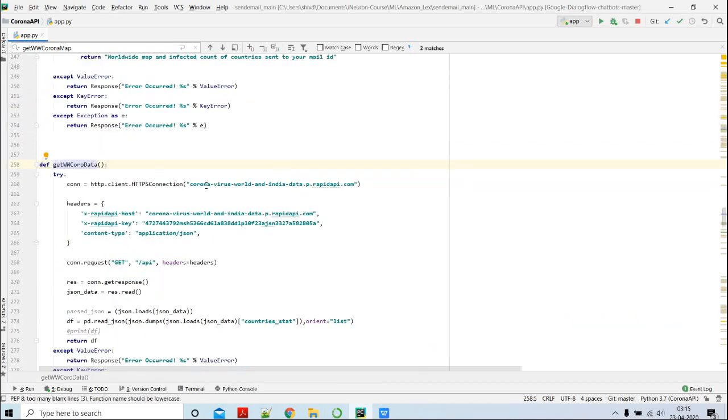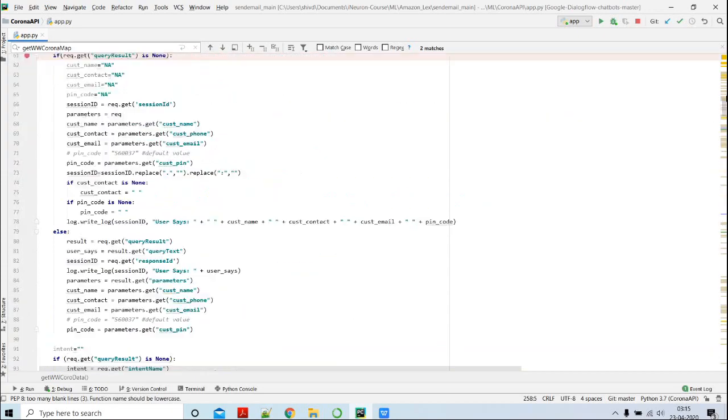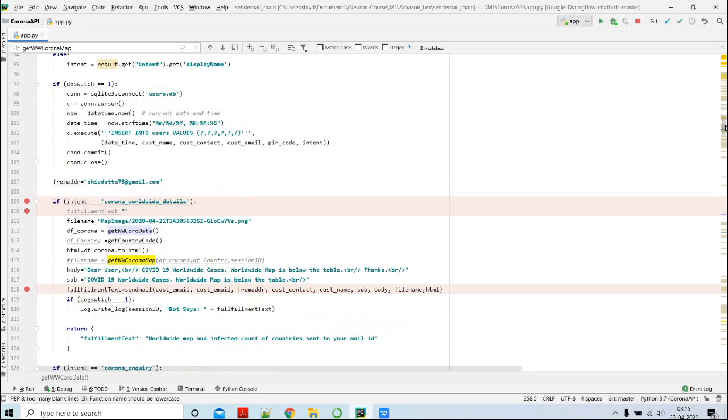The worldwide data I am getting from the RapidAPI third-party API in the form of a JSON, and thereafter I am also getting the country code, because to plot things on a map I need the ISO country code, which is not there in this particular data. So I need to merge the two data frames and come out with the COVID data along with the country code. So I am getting a country code.